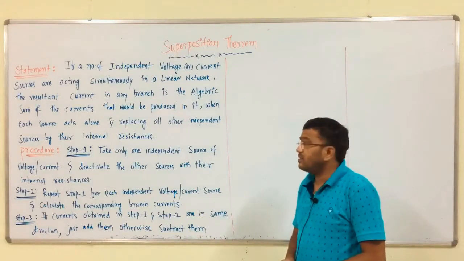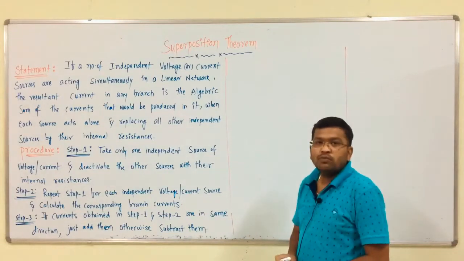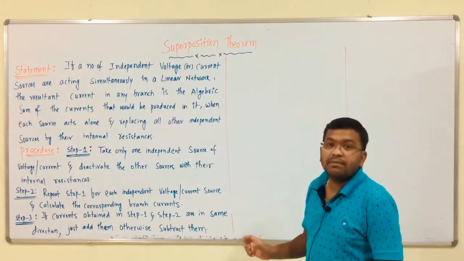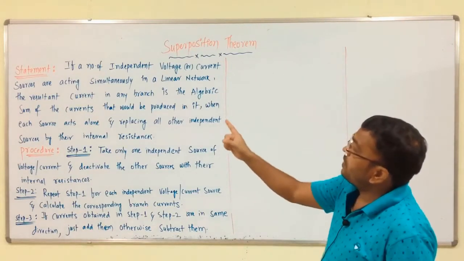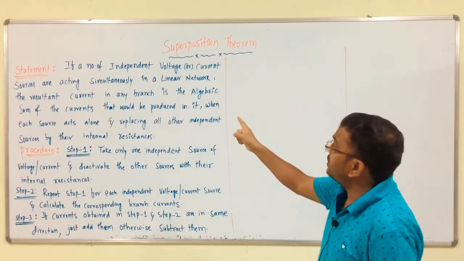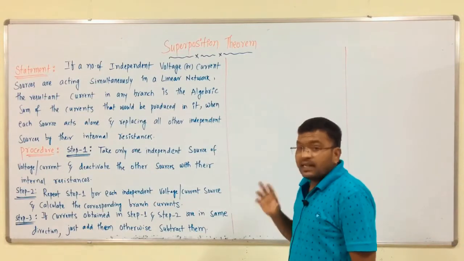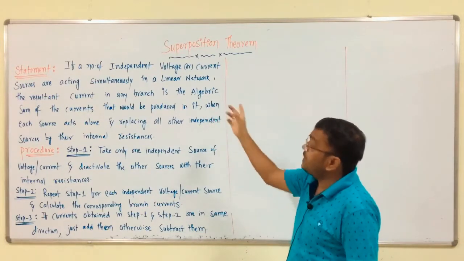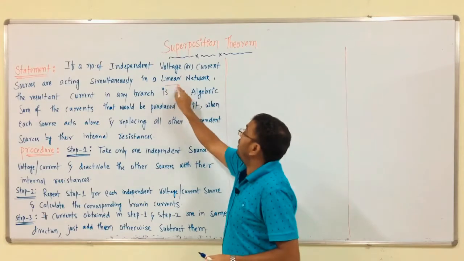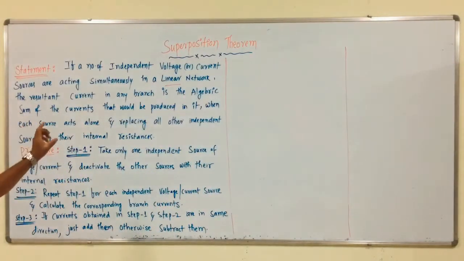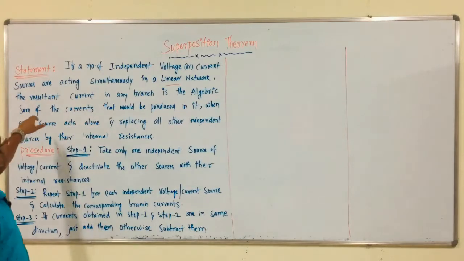Now we have to discuss the first theorem, the superposition theorem. First we have to discuss the statement of this theorem, that is, if a number of independent voltage or current sources are acting simultaneously in the circuit, that is in a linear network, note this point, in a linear network, then